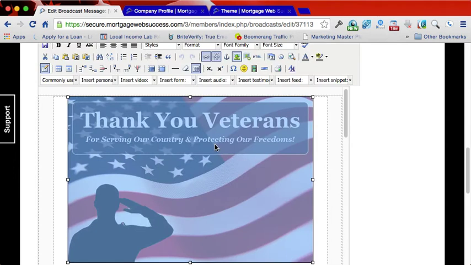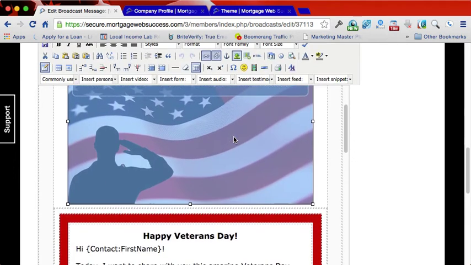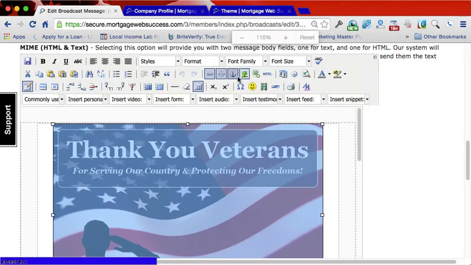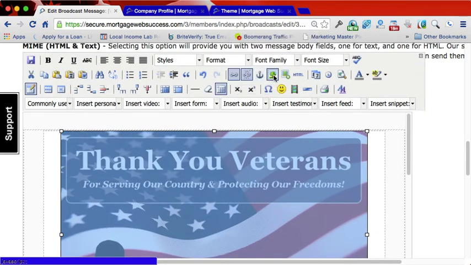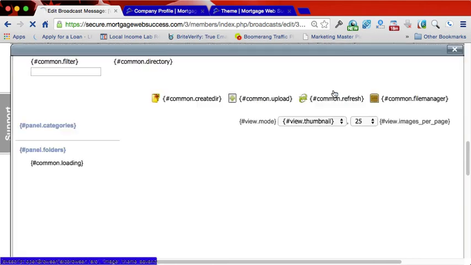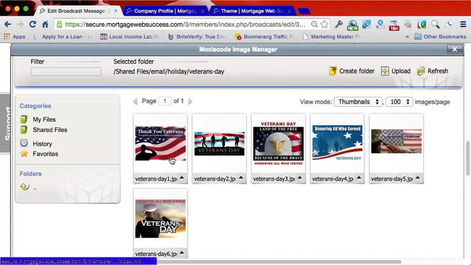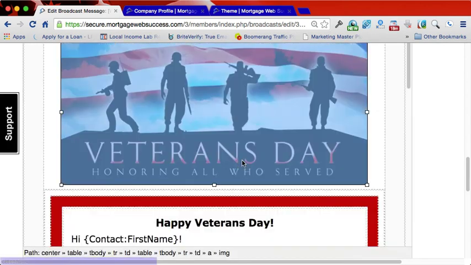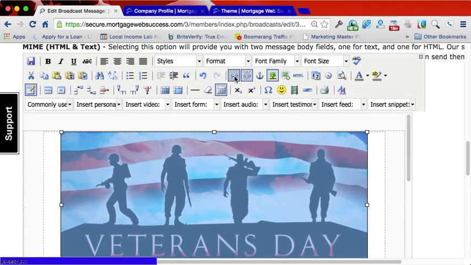And then you'll see that there's an image. Now you can edit this image. All you do is click on that image and click on the little tree here. And then click on the little browse button on the right. And then you can select one of these images here if you like them. So you can just select this one, click update, click OK, and that will actually hold the link that is